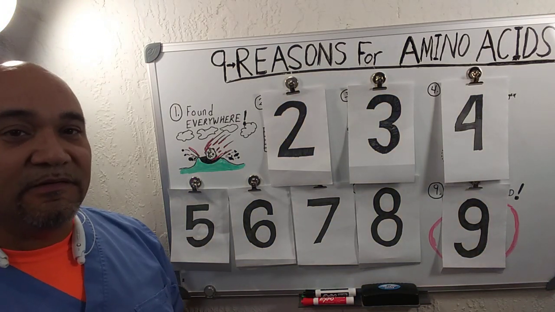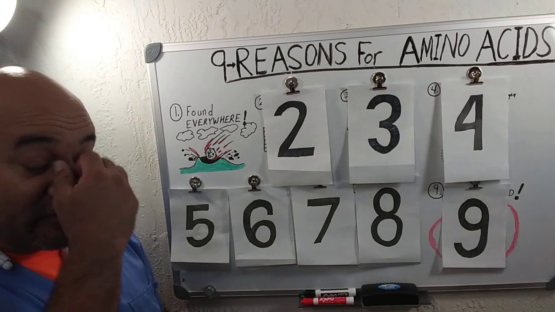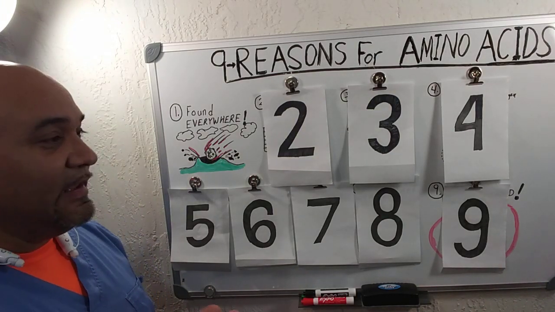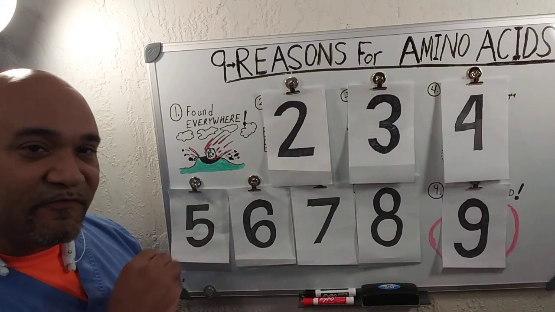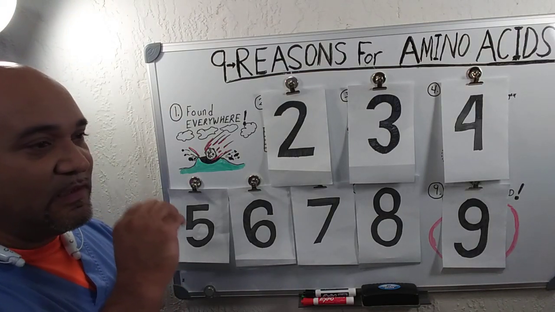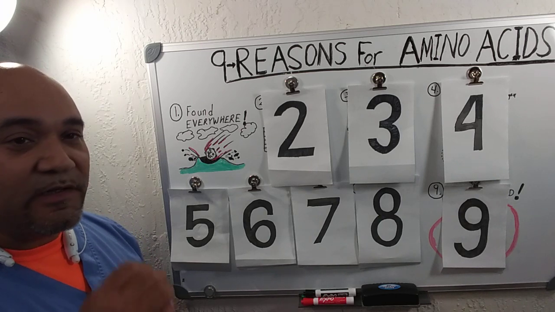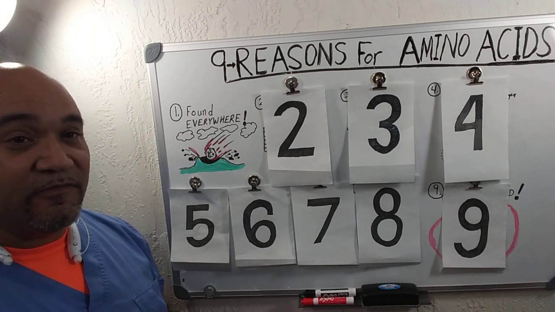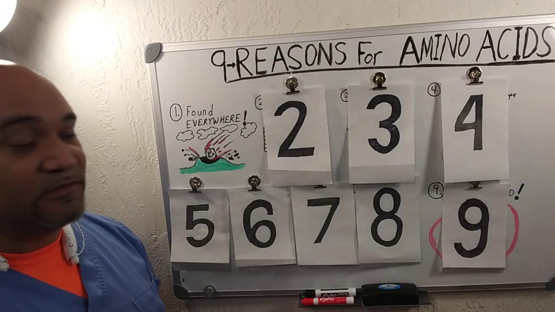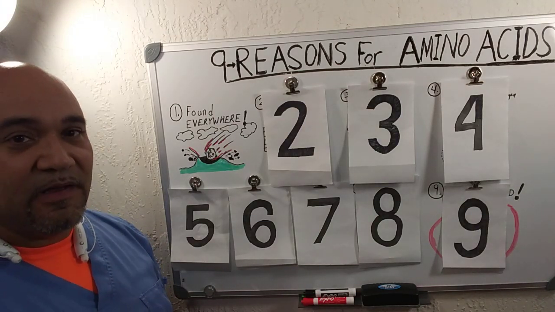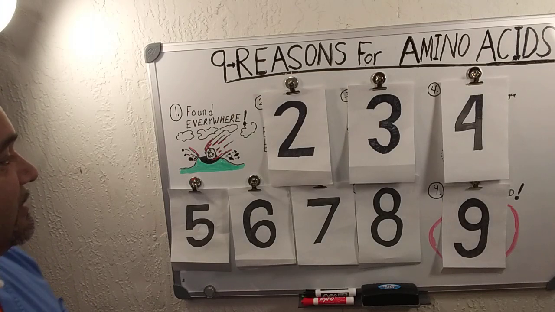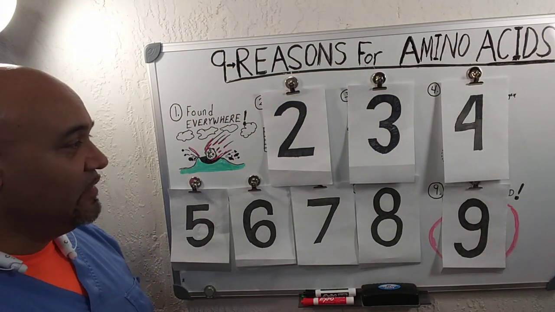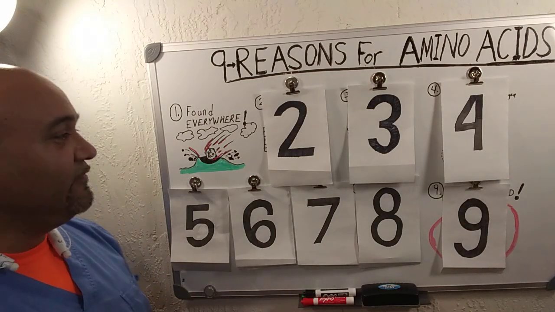So amino acids being so universally found and capable of working in any environment, not any specific type of conditions. They can work in the extreme cold of the polar caps or the extreme heat of the volcanic vents at the bottom of the ocean, which also includes extreme pressures. So that's one of the main reasons why amino acids are highly prized and used by life.